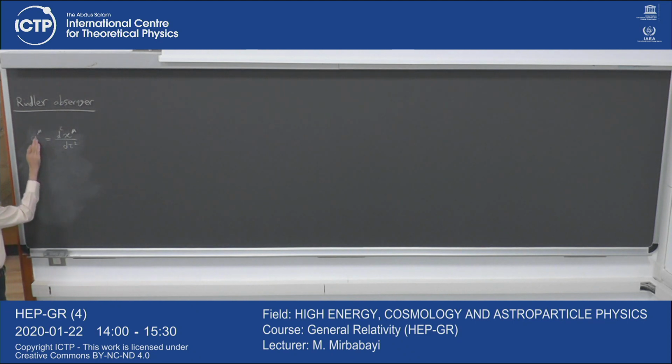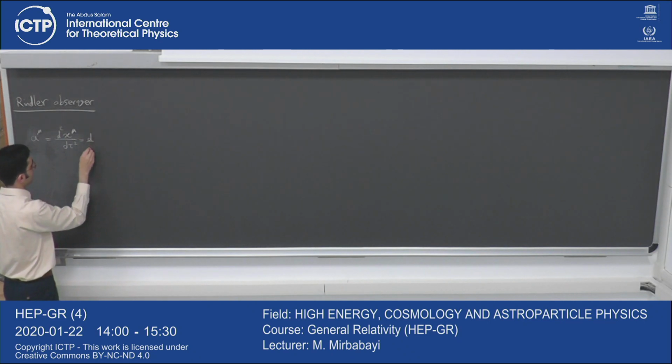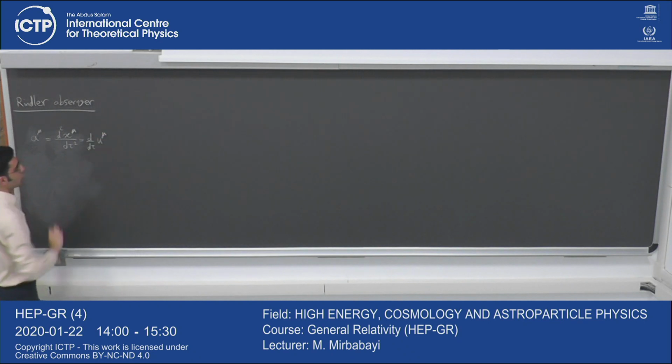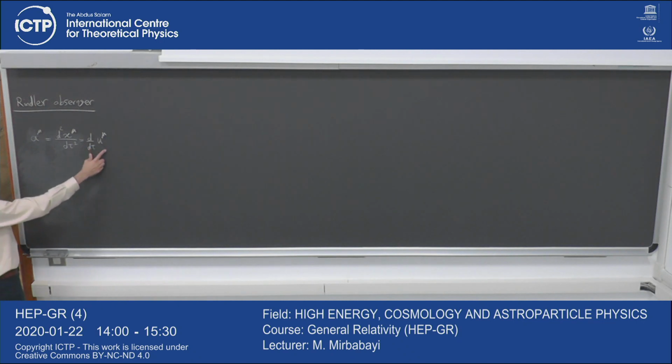So this is a valid four-vector, because dx mu d tau, we can also write this as d by d tau of u mu. So we say that u mu is a valid four-vector and tau, the proper time element, is a valid scalar, so we can take this derivative and define another four-vector which we call four-acceleration, by the same argument that